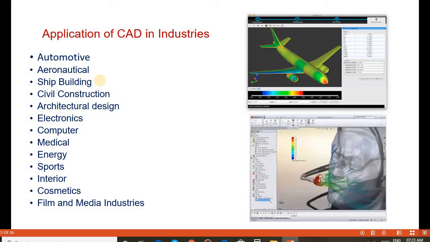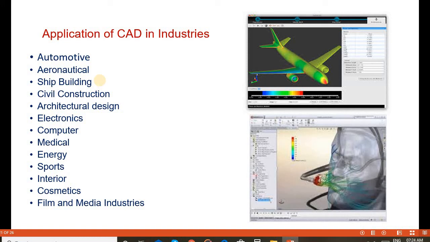It also plays a very important role in architectural design. In the field of architecture, CAD plays a crucial role in developing different innovative structures, museums, monuments, and commercial buildings, with different forms, aesthetics, and ergonomics.